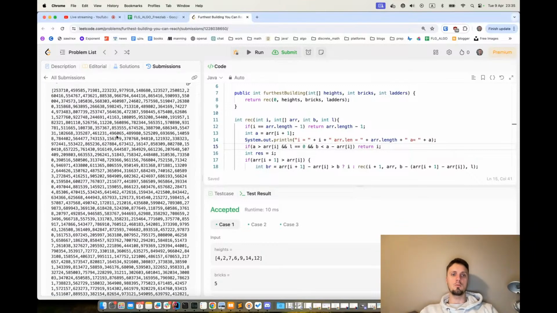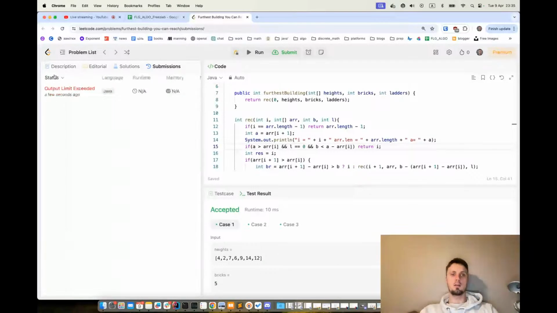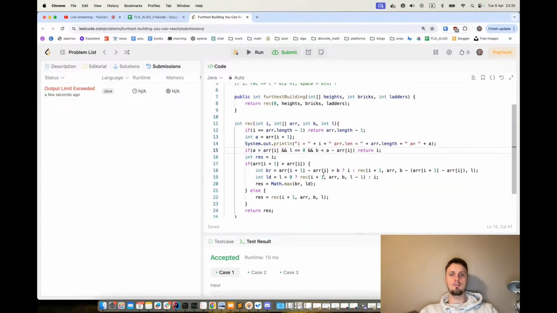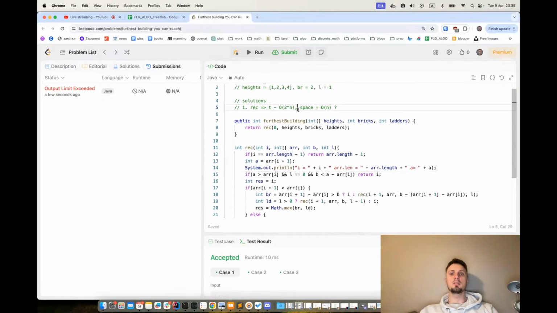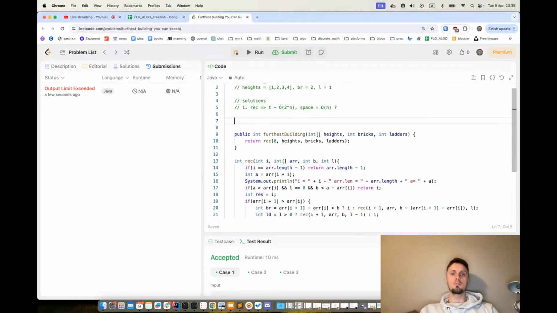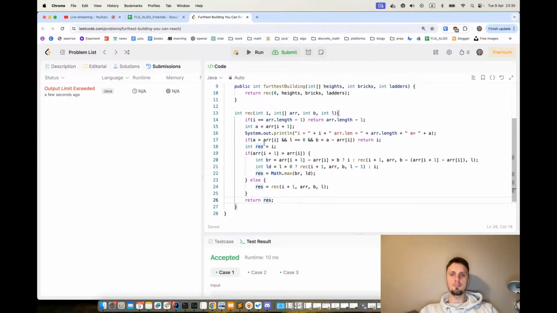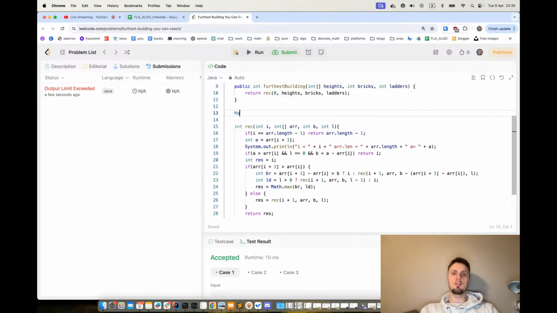It's actually when we have a lot of elements. So for sure we should have some memoization here. So memoization would look like the following. We are getting result on some I. So let's have kind of map,